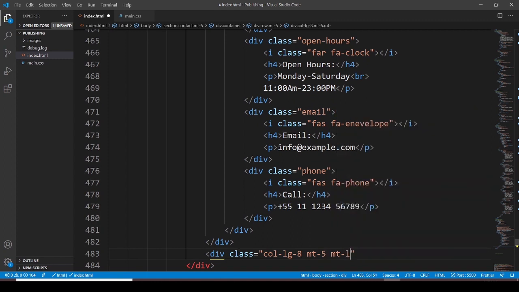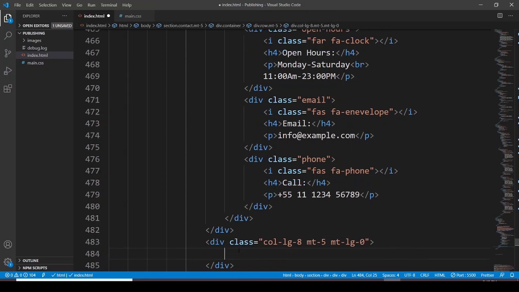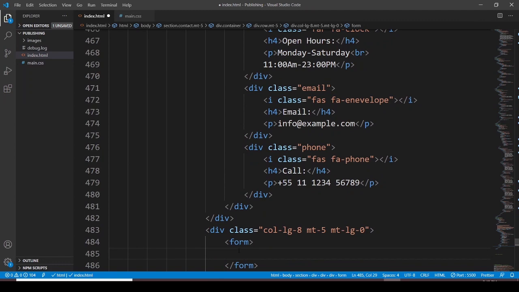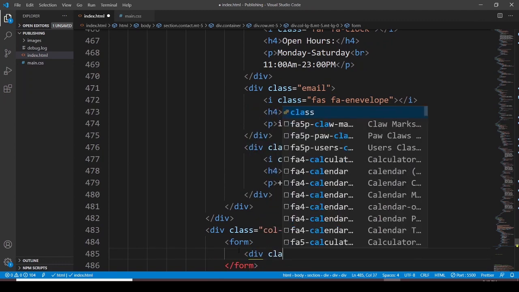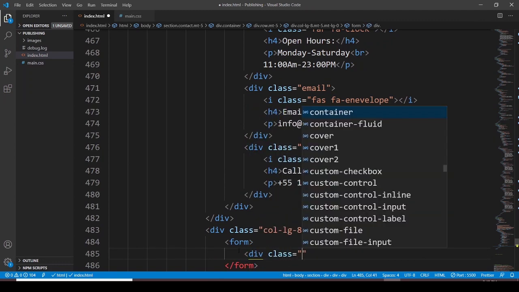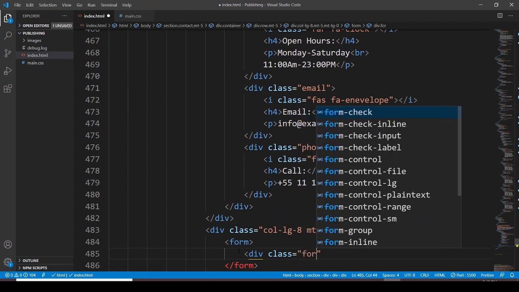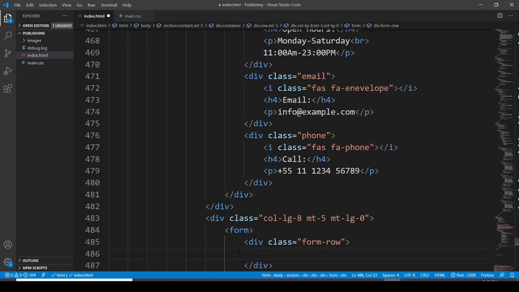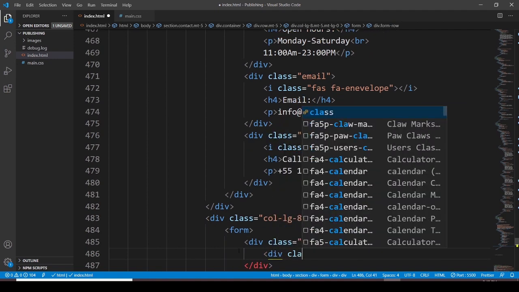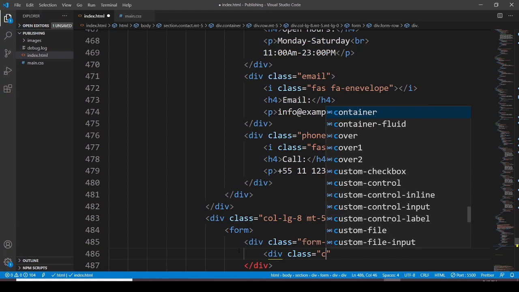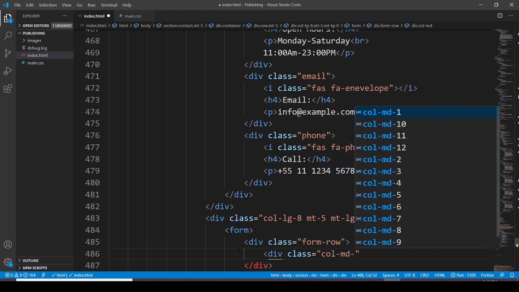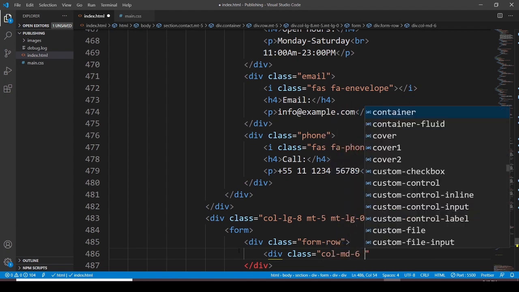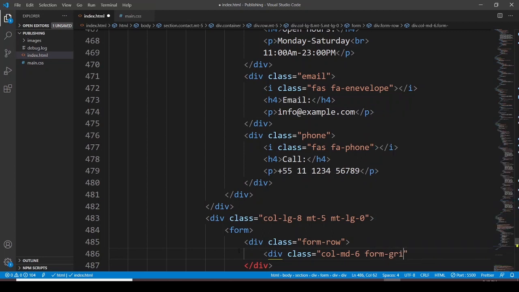Then margin top large devices is going to be 0. And then we have to use the form element. Then within this form element, let's use the division, assigning it a class. The class is going to be form row. And then we have to go with another division, assigning it a class, and this class is going to be column medium 6 form group,